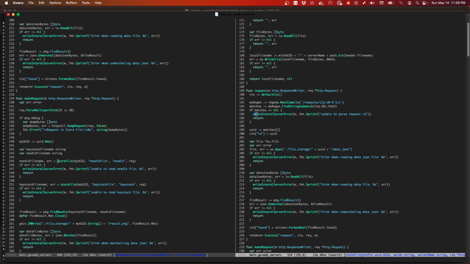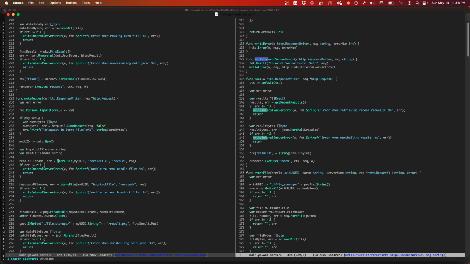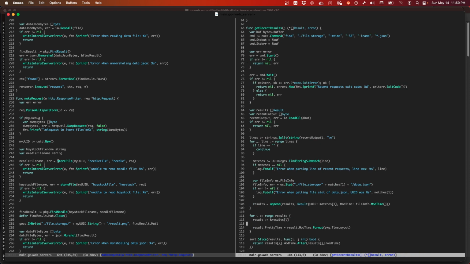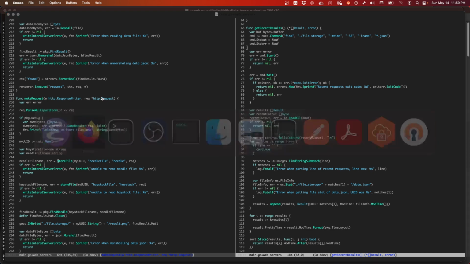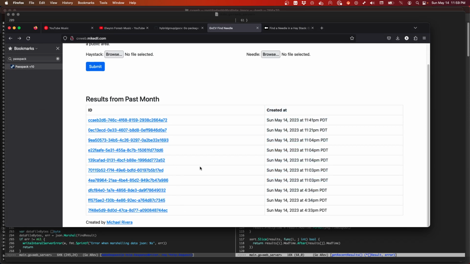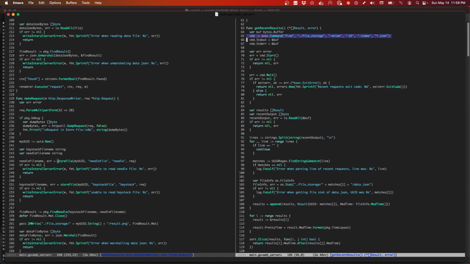I have this little write internal server error helper that helps me respond to 500 errors. It's just this HTTP error thing right here. I think this means 500. It's like an enum. This is kind of cool. When I go to get the recent results, like for this listing, I actually issue,